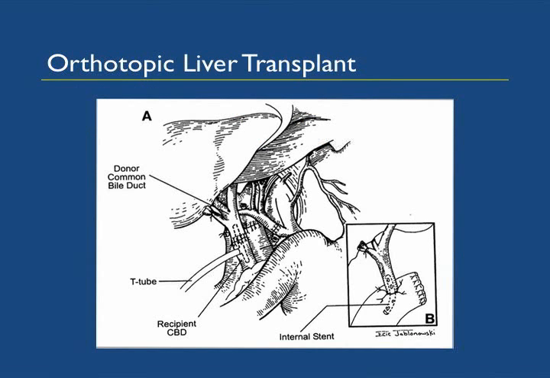In order to begin to understand how to care for patients with a liver transplant, it is important to understand the operation. In the United States, the standard liver transplant is performed in an orthotopic fashion. This means that the donor liver is placed in the same position as the recipient's diseased liver. Therefore, the surgery begins with removal of the recipient's liver, and in its place, the new liver is sewn into